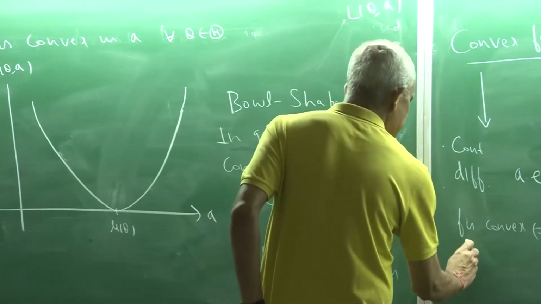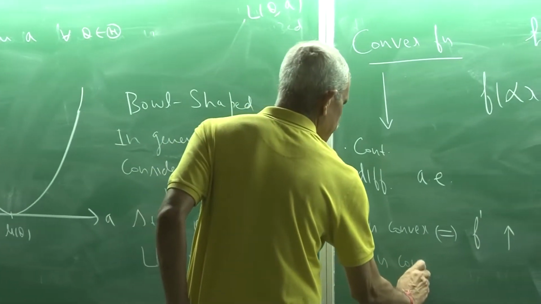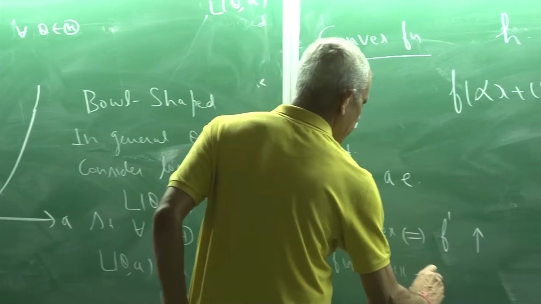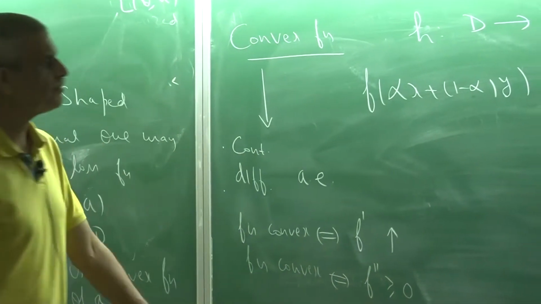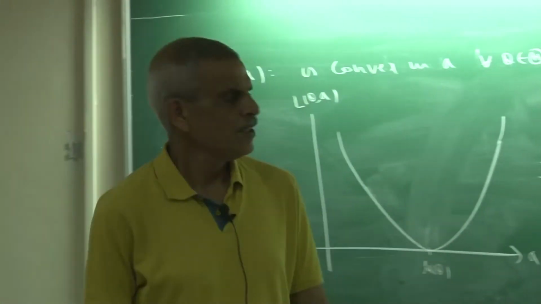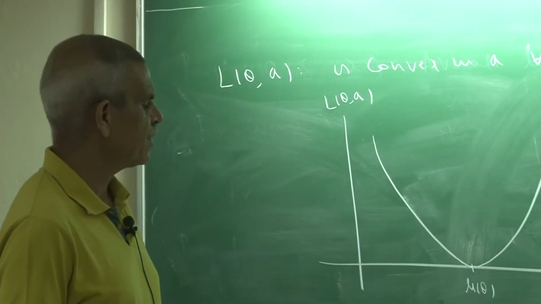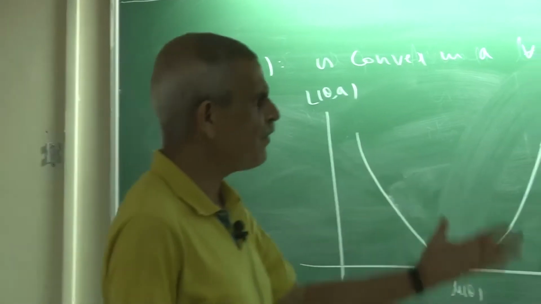If f is twice differentiable, then f is convex if and only if f double prime is always greater than or equal to 0. So these are some of the properties of a convex function in R. One can define a convex function in